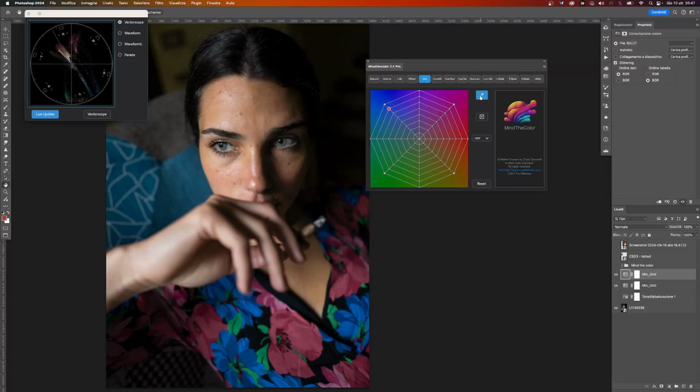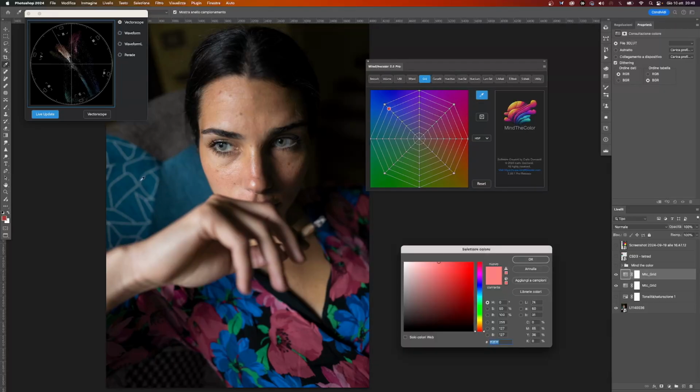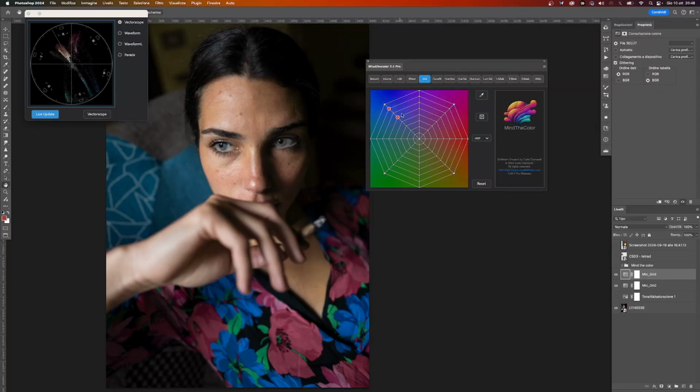And now I click again in the sofa, a point over here. Okay, so they have almost the same hue but different levels of saturation. So I don't want to move this point because this is the point of the sofa. So I click again, I make it a square, and now I only move these other 2 points.